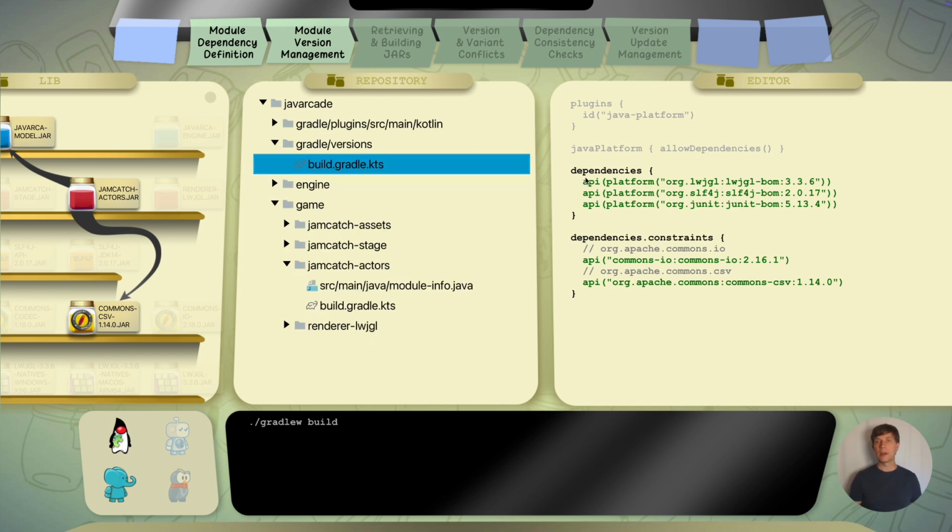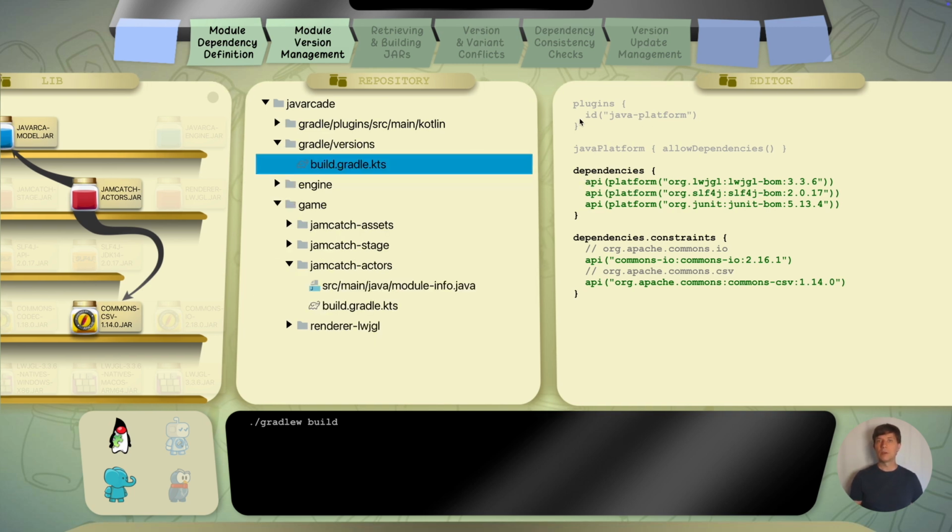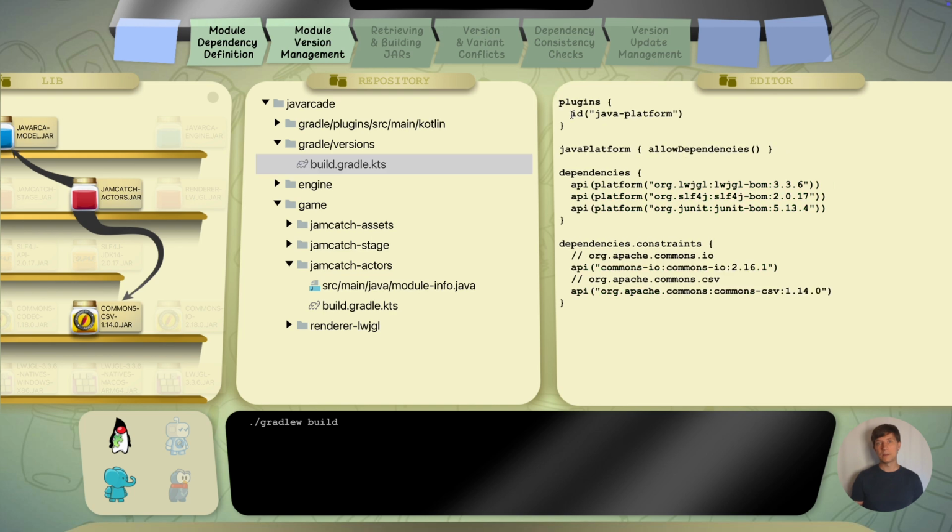So in this build.gradle file, we first use the so-called Java platform plugin. As in Gradle, we say what a file or a component is by applying plugins. See my video on that topic. And then we have the possibility to define so-called dependency constraints. These constraints are just a list of versions that you want to use. Here you use again the group ID artifact ID notation to refer to a certain module and the version.